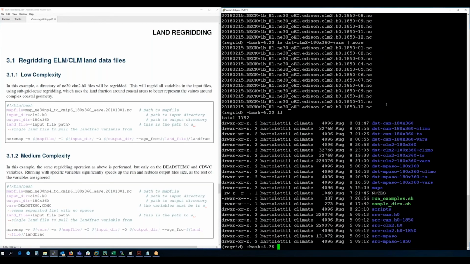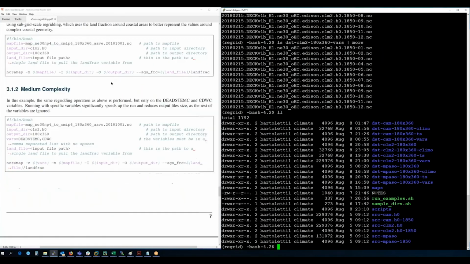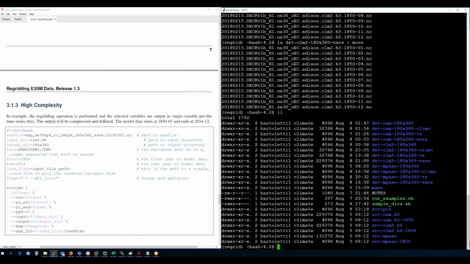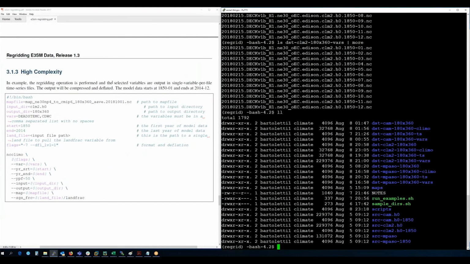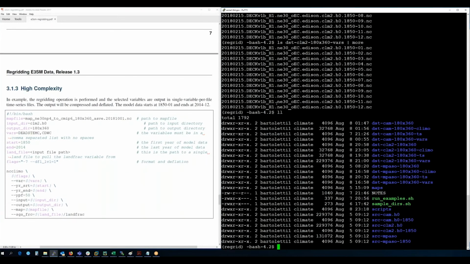Now let's take a look at the third example. I'll scroll the guide here on the left. Actually, the example I'm going to be giving is a climatology, and it's not indicated here in this guide. So we'll just look at the script. The guide shows the fourth example. So let's go ahead and